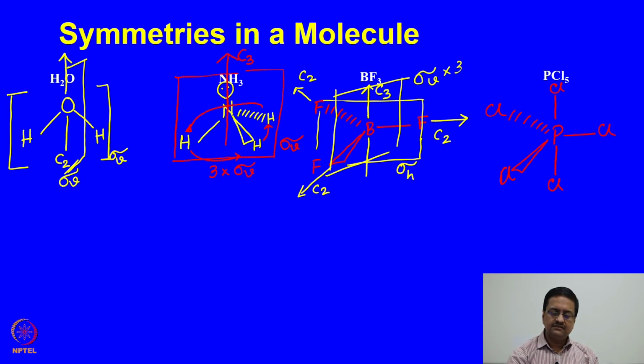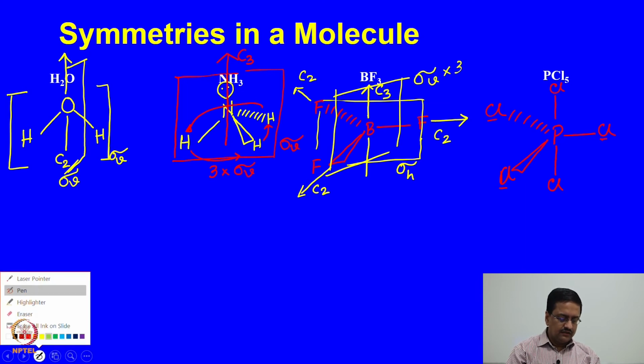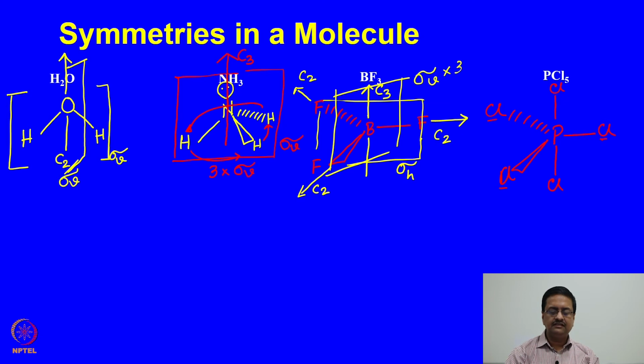So, that means these 3 chlorines which I have drawn in the beginning are forming a triangular plane, and these 2 chlorines are up and down. So, this is a trigonal bipyramidal geometry. Now we need to see what symmetry elements are present. If we see it carefully, it has a very similar condition to BF3, and it will have all the symmetry elements that a BF3 molecule has. The PCl5 molecule also will have the same symmetry.